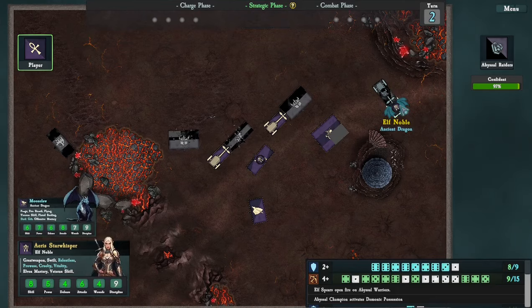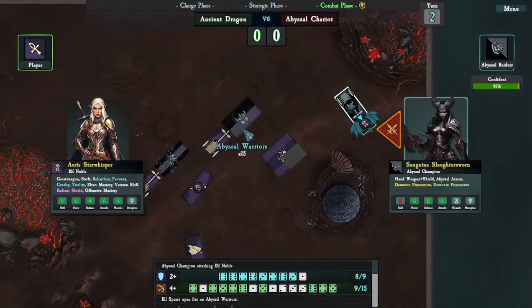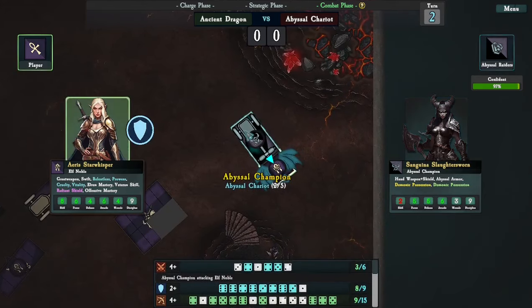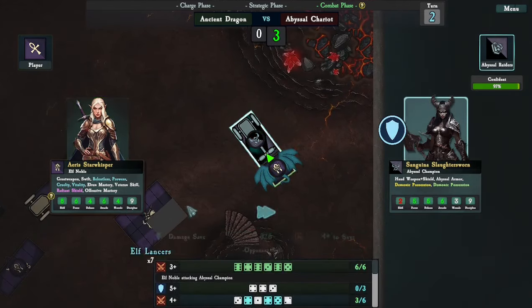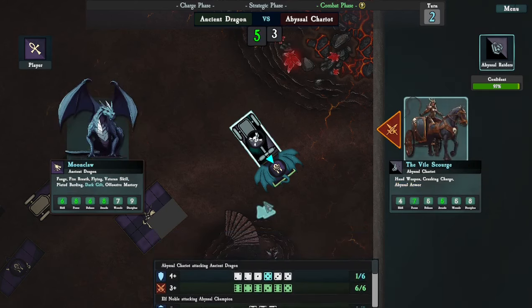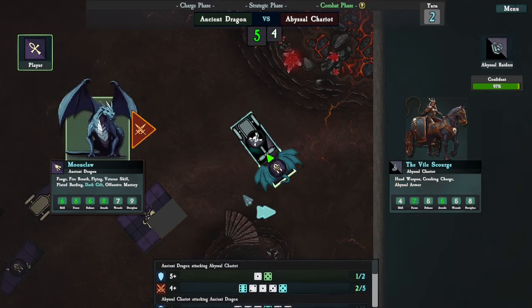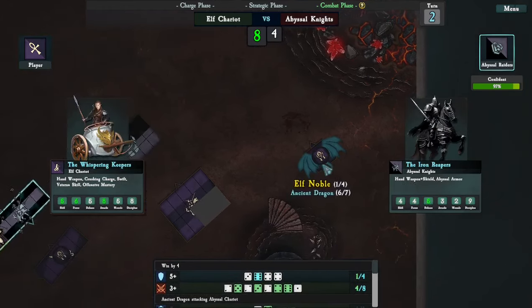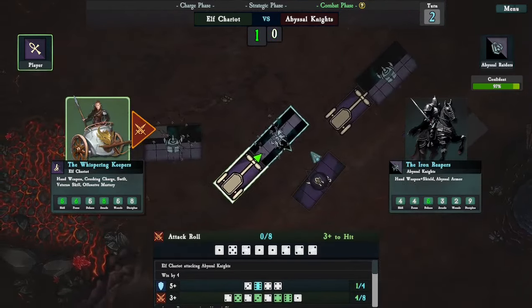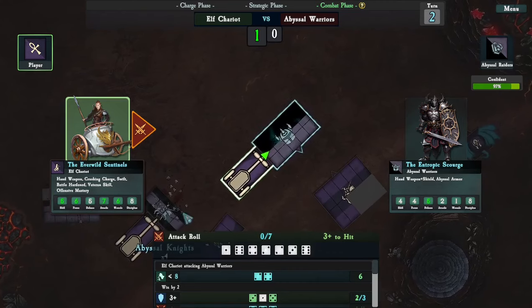No, I don't want to use any abilities or anything like that. I'll save them for next time. Oops, that's not good. But look here, we got 1 more wound. They also have to reroll any saved wounds because that's just what we have. That Dragon Lord is very scary. Nope, they're not routing. That's really bad for me because the chair is going to get flanked by the Abyssal